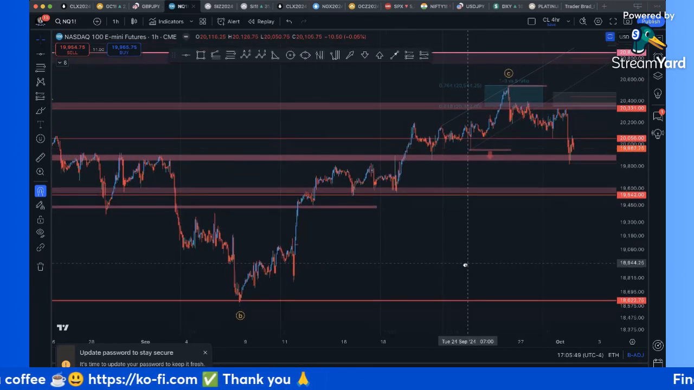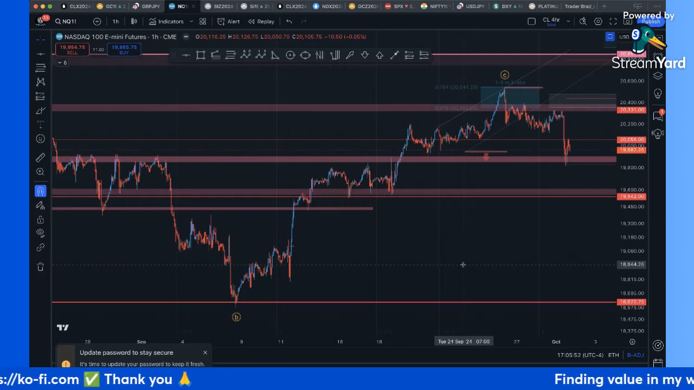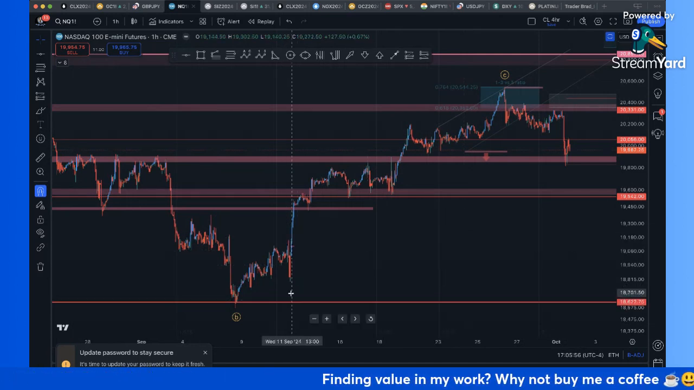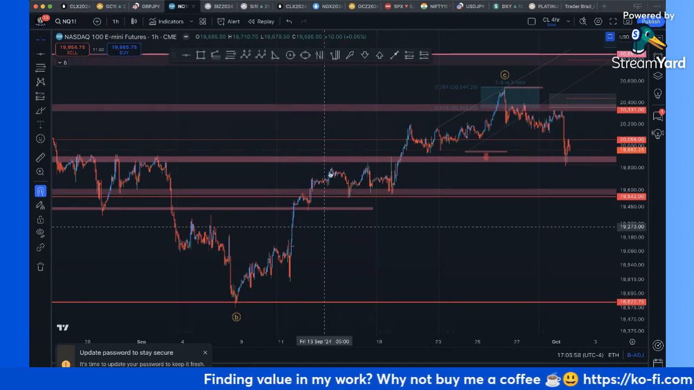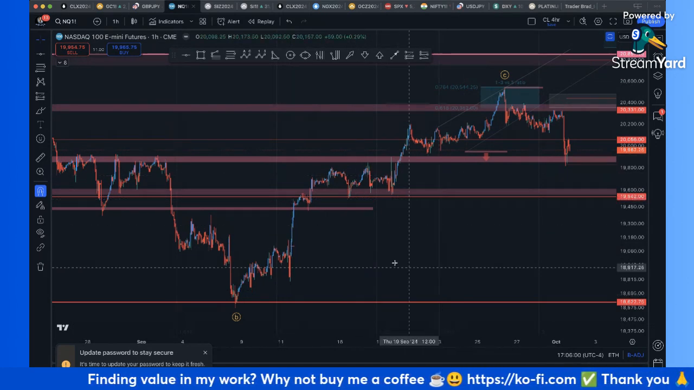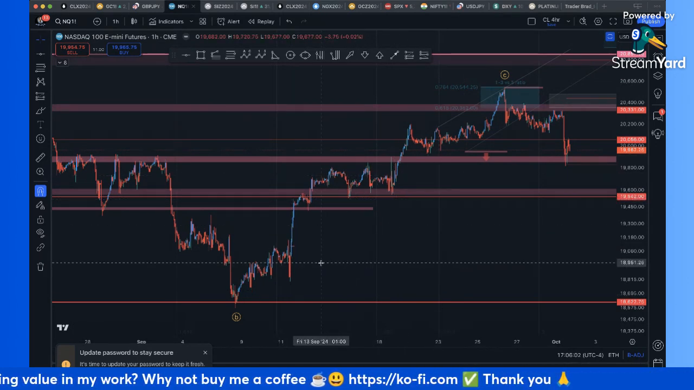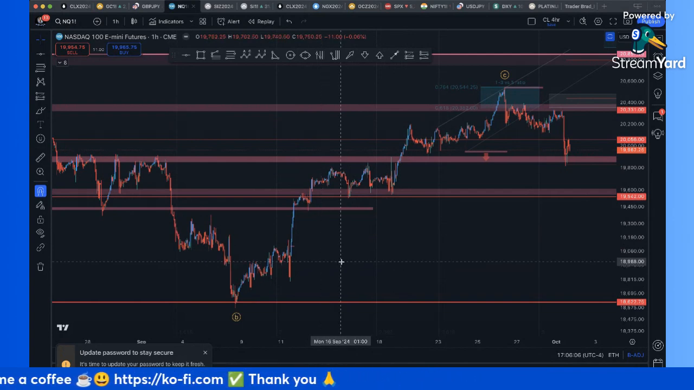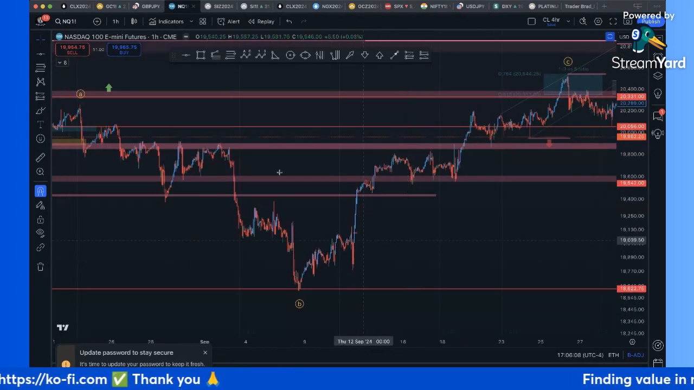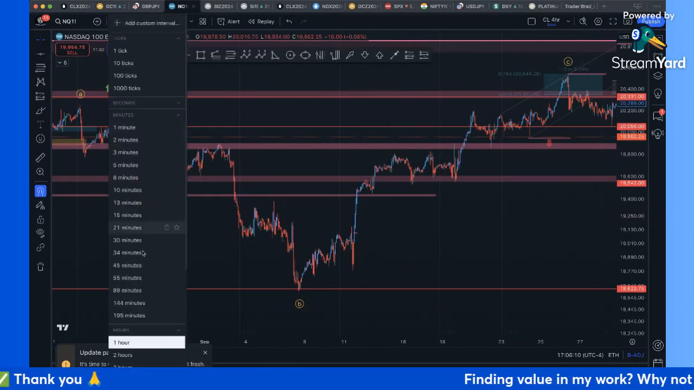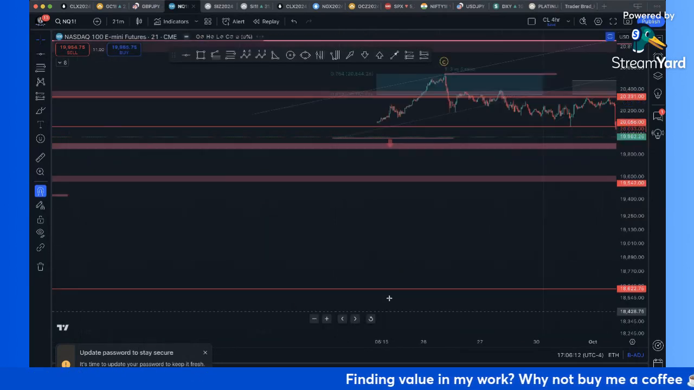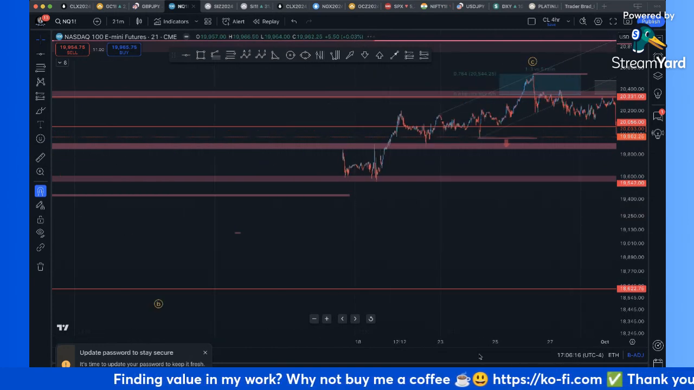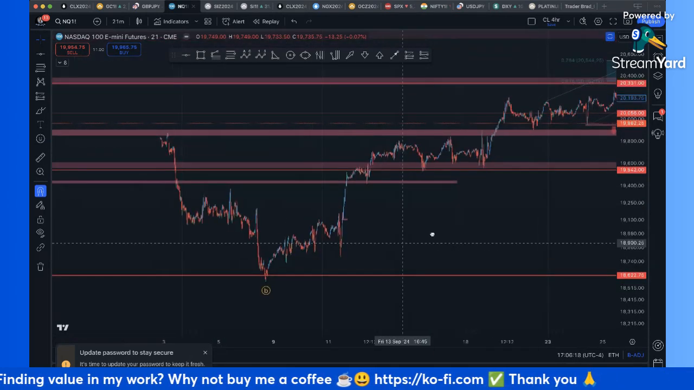I'm going to keep this video very simple. I'm really looking to measure a wave 2 correction and a wave 4 correction. I'm also going to talk a little bit about how we know when to measure for a wave 2, or how we know when to measure for a wave 4. In this example, we're on the 1-hour chart of the Nasdaq. I'm going to drop it down to a 21-minute chart